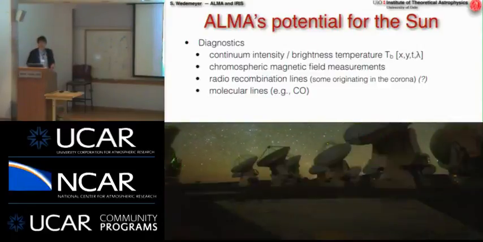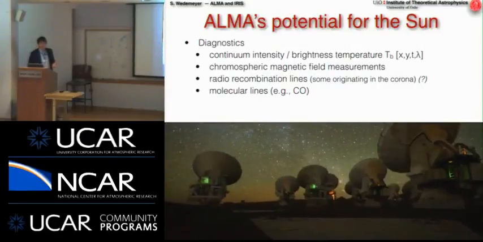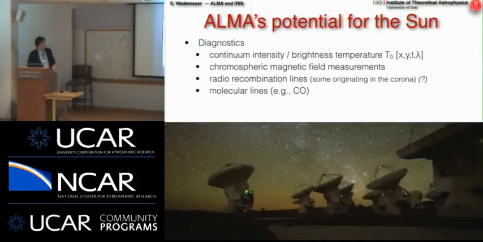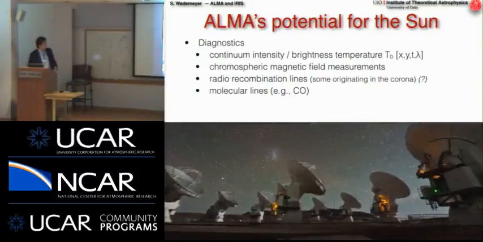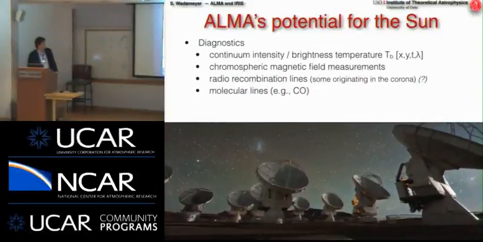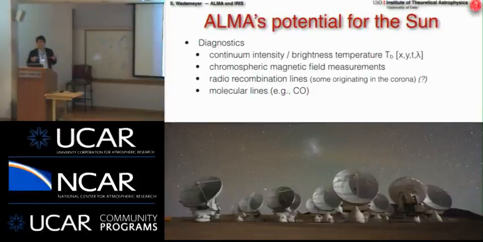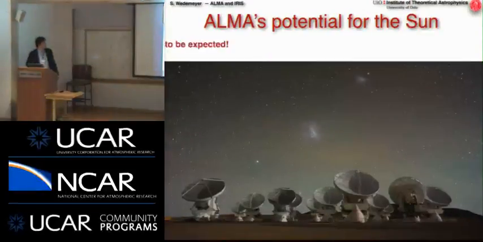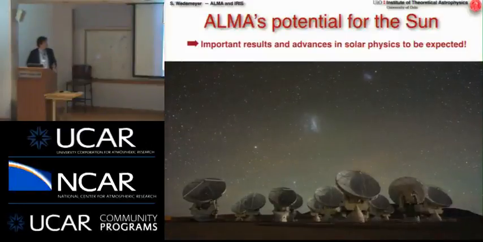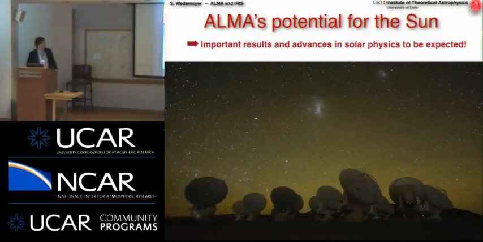In addition, because of the spectral resolution, one can also try to exploit radio recombination lines. Some of them might even be formed in the corona, and molecular lines, among all carbon monoxide. And those are diagnostics which have to be developed first. There are a lot of things still not known, but they bear a lot of potential. And so I guess one can really claim that we can expect quite some important results from solar observations with